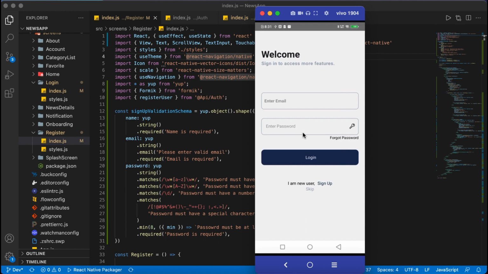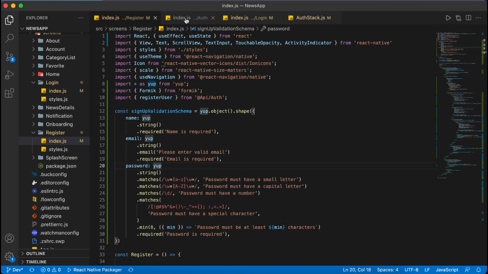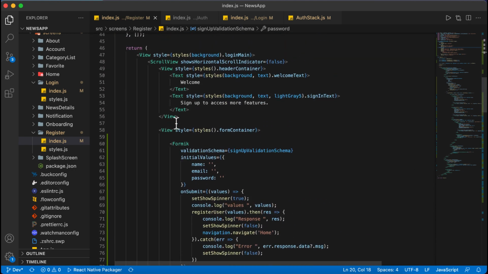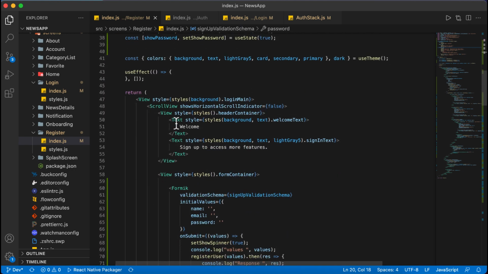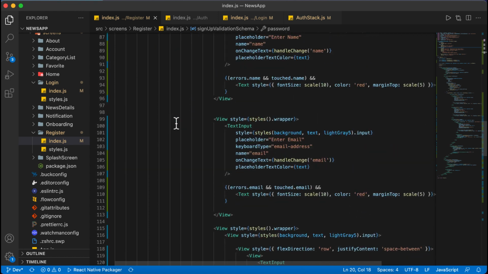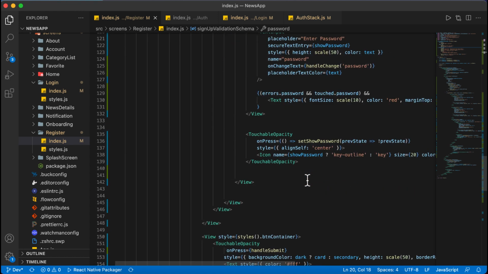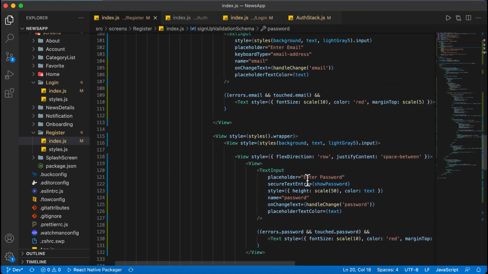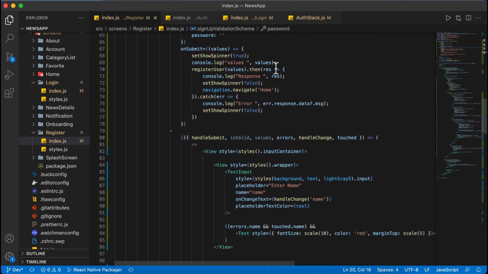We will store the token that is coming from the login inside the async storage in Redux Persist, and we will check if the user is logged in, then we will directly send them to the home screen. What we need to do now is, because after clicking register we don't want to go inside the home, we will give some message here to tell the user to go and log in in the login section. So I will comment this one out here.